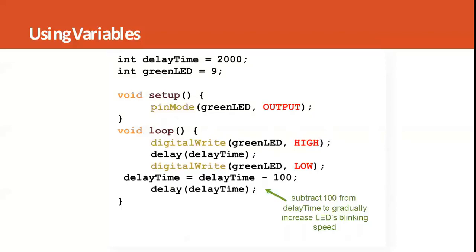We are subtracting 100 from the delay time to gradually increase the LED's blinking speed. If the delay is reduced, then obviously the blinking speed will keep on increasing. At one point of time it will reach 0 and we will no longer be able to identify whether the LED is on or off.